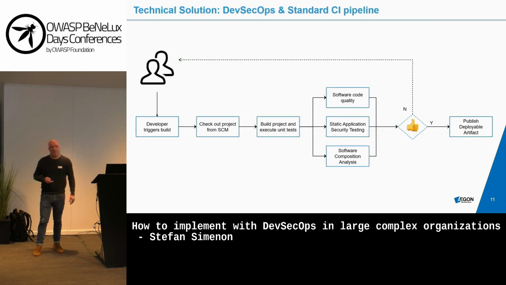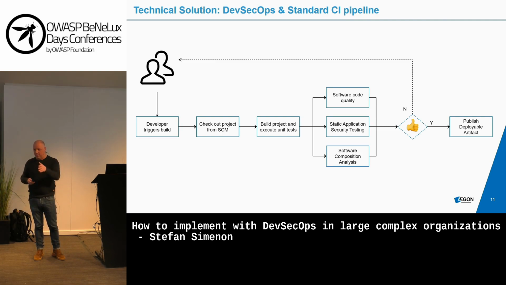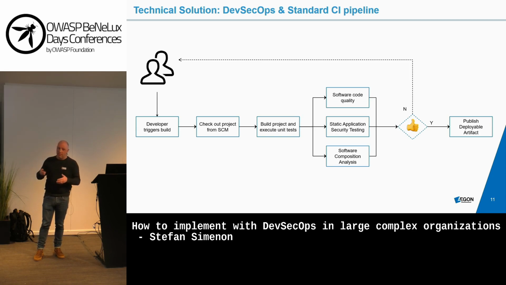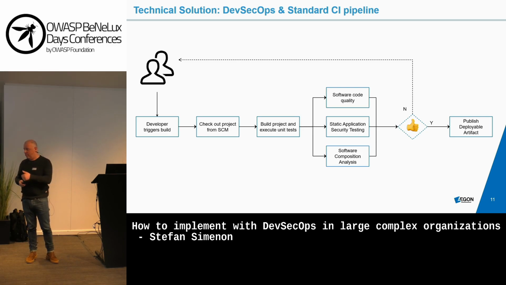So once a tool is selected, then it should be implemented in a pipeline with Jenkins or Azure DevOps as a continuous integration tool. The quality checks, the security scanning should be automated. And you can, and maybe you should, build in build breakers. So once there are security issues or severe security issues, the tool should be blocking the build, and the developer should be forced to fix the issue before a deployable artifact can be released. So this is technology that should be implemented.